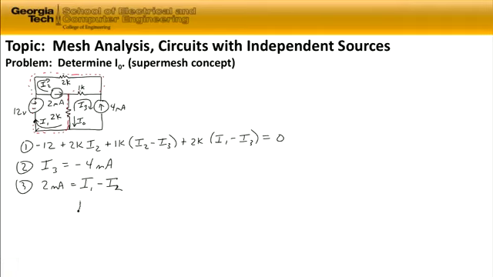I sub 0, which is ultimately what we're looking for, is equal to I sub 1 minus I sub 3, so we need to find I sub 1 in order to solve for I 0. If we solve these three independent equations, we get I sub 1 equal to 1.2 milliamps. And if I sub 1 is equal to 1.2 milliamps, then I sub 0 is equal to 5.2